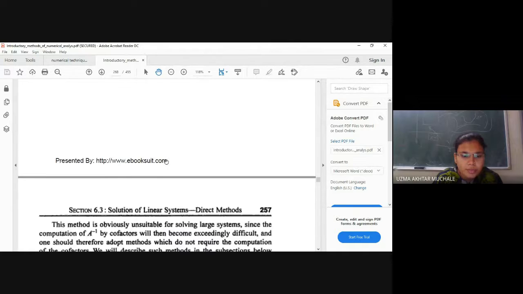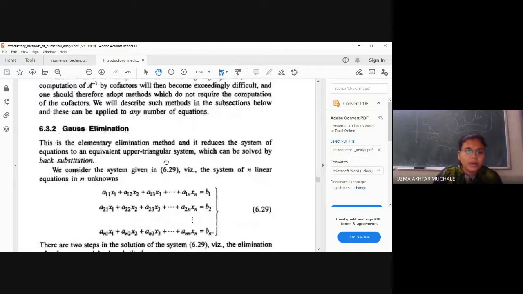That is, the first point in our topic is the Gauss elimination method. Okay. So in this method, we are going to eliminate some terms, and with the help of that, we are going to find out what x1, x2, x3 up to xn are. So these are the things that we have to study: how to find the solution of a system of linear equations. With the help of that, we will get the values of x1, x2, x3 and so on. But how to find this by using the elimination method? I hope you understood the meaning of elimination. So you can study here.